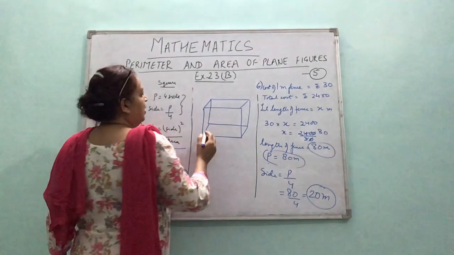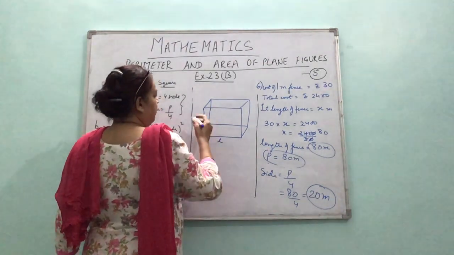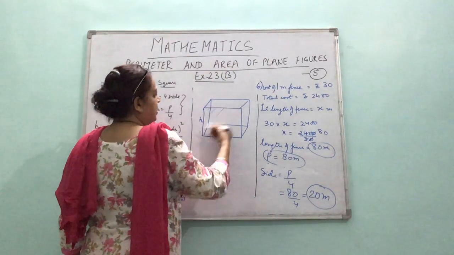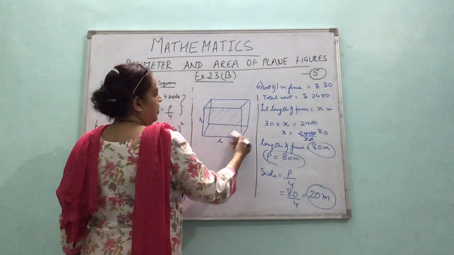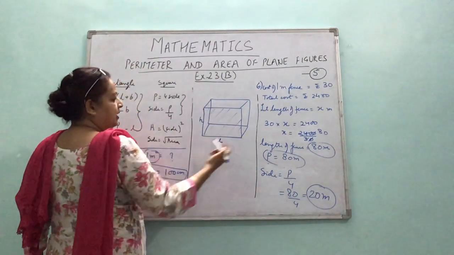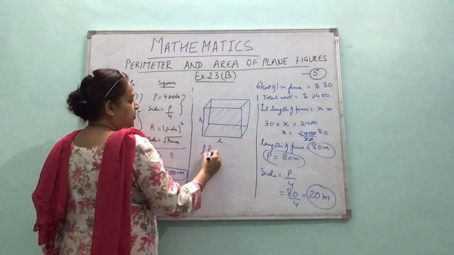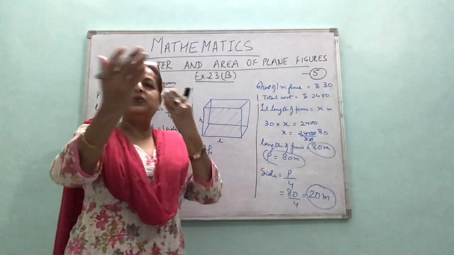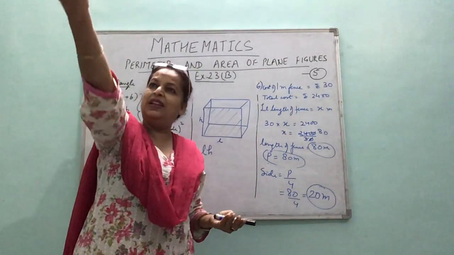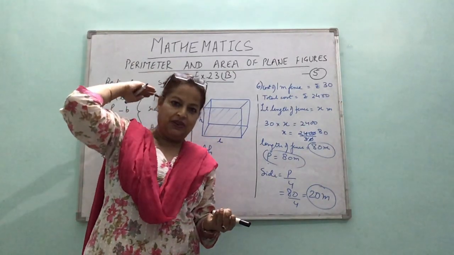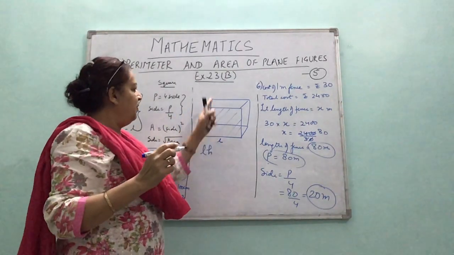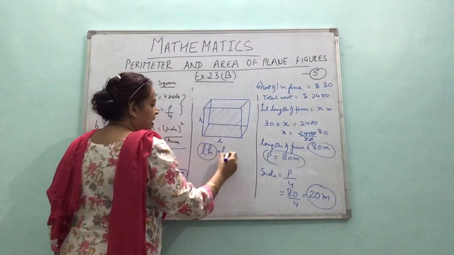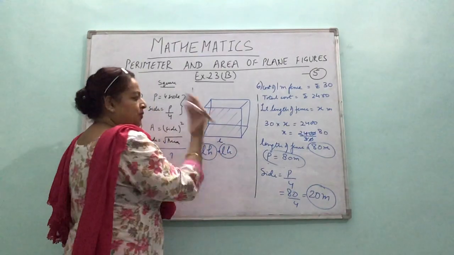Alright. So this is the length of one wall, and this is the height. So the area of this wall, it is a rectangle, would be length into height of this wall, one wall, right? Length into height. And opposite walls are always the same. The area of the wall in front is the same as the area of the wall behind. So the area of two walls back to back would be length into H plus length into H. 2 walls.